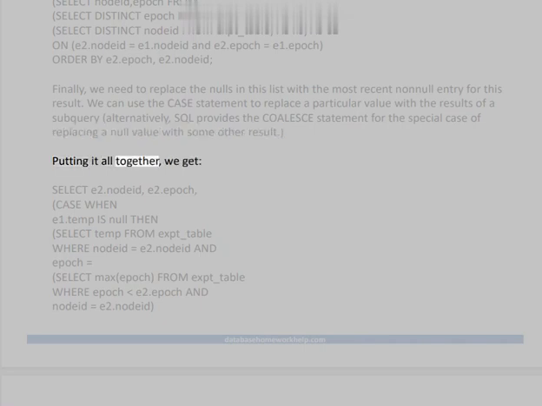Putting it all together, we get: select E2.nodeid, E2.epoch, case when E1.temp is null then (select temp from ext_table where nodeid equals E2.nodeid and epoch equals (select max(epoch) from ext_table where epoch < E2.epoch and nodeid equals E2.nodeid))